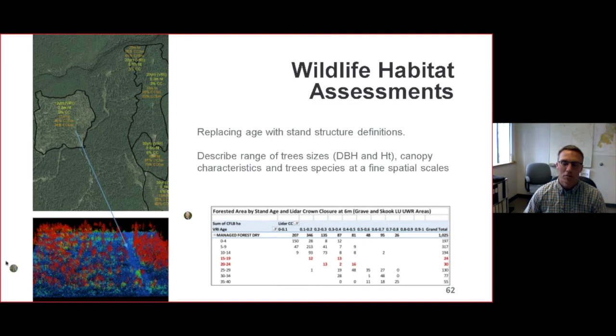Wildlife habitat assessment is another really important application of having better vegetation information. Historically, we've known this block as a certain height and crown closure, but now we can understand it in all its detail. This is an unharvested area, and this is residual trees left within a partially harvested area. Being able to describe what's actually there as opposed to more generic attributes lets us do a better job of describing wildlife habitat. Because our real goal is to replace